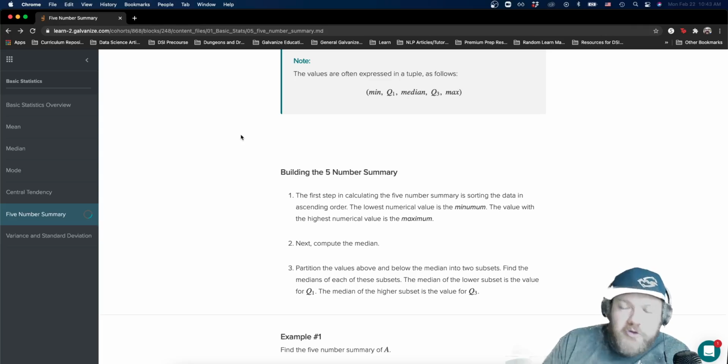How we actually calculate it and breaking that down in Python is something that we're going to do in the